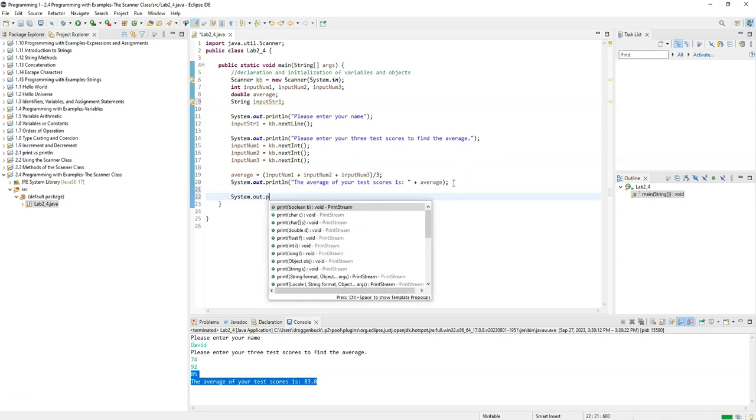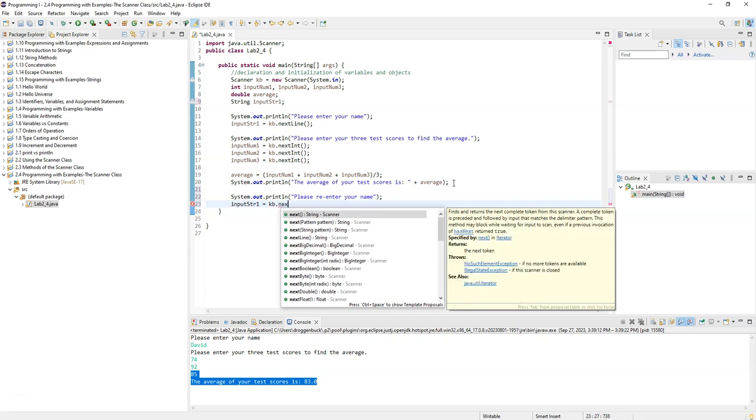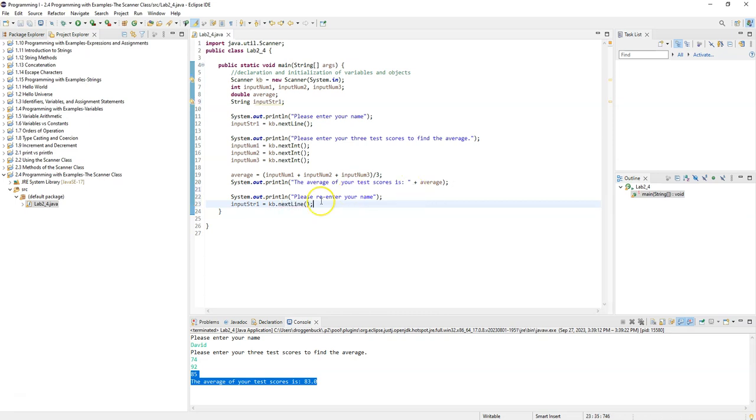So system.out.println, please re-enter your name. And then what we're going to do is I'm just going to overwrite that previous value. And what this is going to do is it's going to update this value. Just like what we've seen with variables, how we can overwrite them. We can overwrite values of strings and numbers simply by getting an input again from the user and storing it